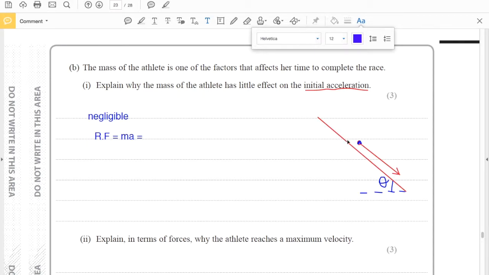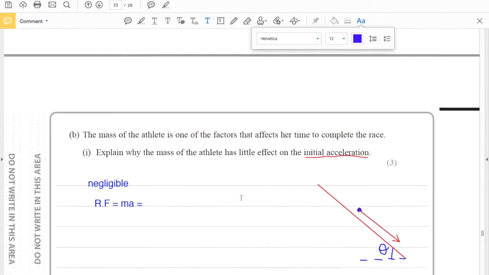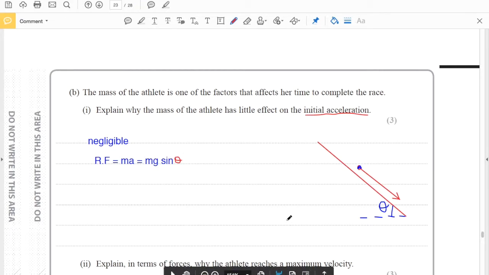And what is that resultant force at this point in time? The resultant force acting on the object in this case, since it's a component of force acting in this angle, we have seen that before, right? We have got friction force here, now it's negligible. So the component of W will be acting along the direction of movement. Since this is theta, you will have the component along this to be sine theta. So you have mg sine theta acting on it, right? I hope that's clear.